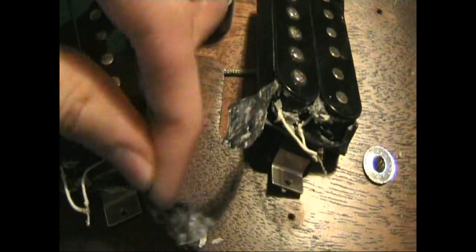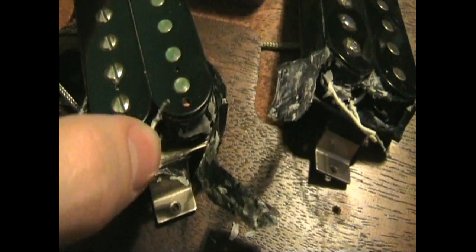This is now the SG with all the hardware and pickguard removed, and I've gone into these pickups. I peeled back the tape that goes all the way around, where the lead goes into the pickup, and located these 2 white wires that are soldered together. They were tucked away in there and covered in tape. One of these leads comes from each of the coils. The next step is just to solder more leads onto those